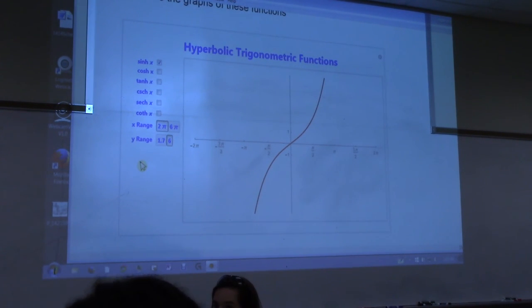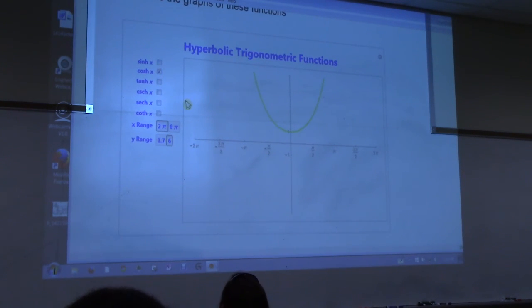All right, and let's now look at the cosine hyperbolic function. You think they're going to look similar? I mean, sine and cosine looked similar in pre-cal, right? Think that sine hyperbolic and cosine hyperbolic will look similar? You would think, right? Not even close. I mean, it is kind of close. It's kind of reflected up, but it looks more like a parabola.